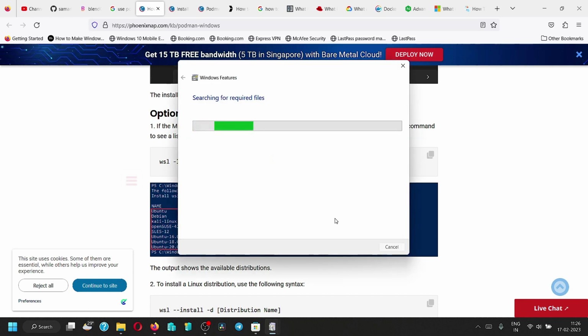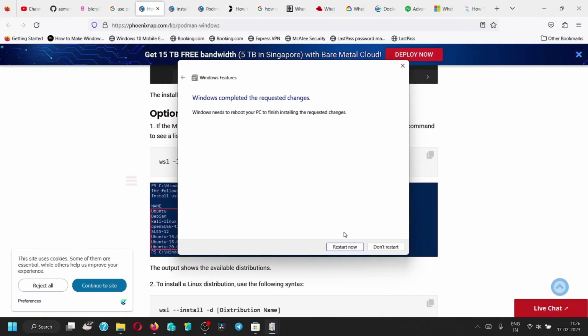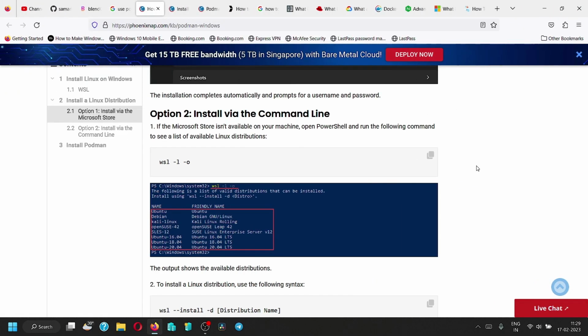This will install all the required packages for the feature. We wait for the package to be installed. Now we will have to restart our system. So we will meet after the system is restarted. Now we have restarted the system. So let us begin with the installation of WSL